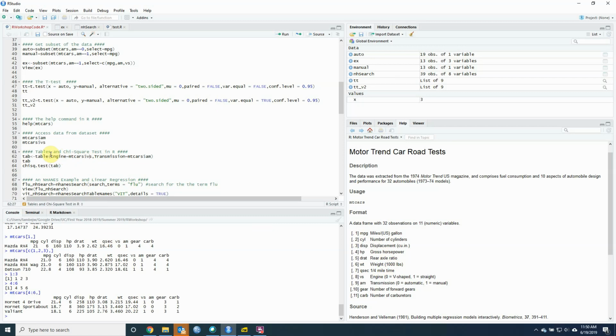This one, I'm going to make a table where the rows are going to be the type of engine it is, and the columns are going to be the type of transmission it is. I could put whatever I wanted in here. I could put this to be ENG, and this as trans for transmission. So if I do that and I assign it equal to tab,